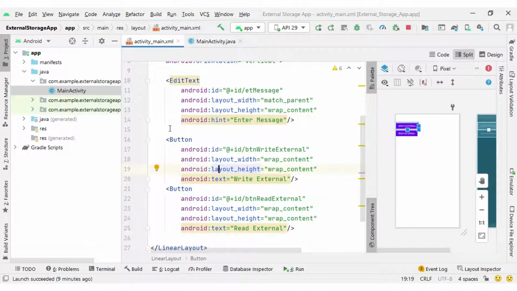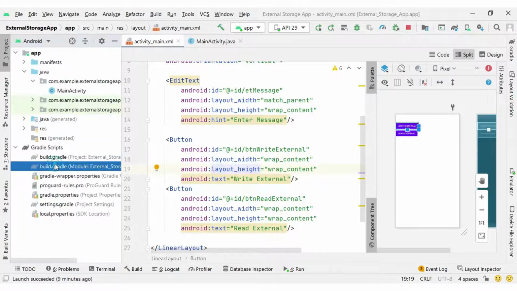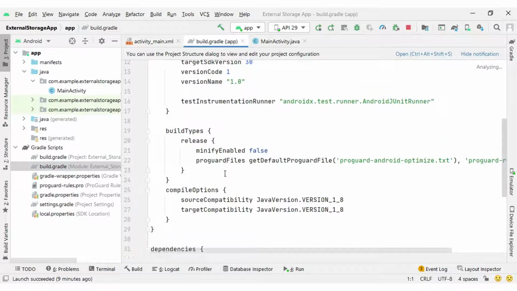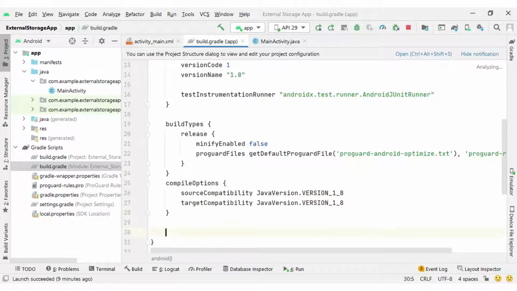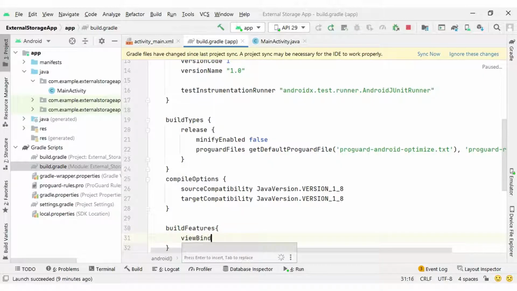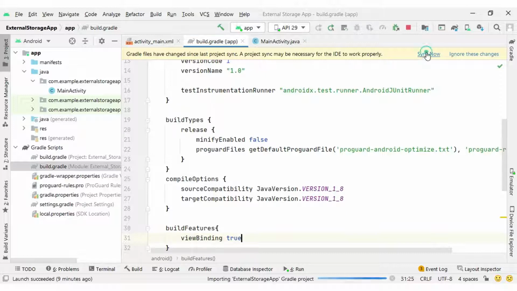Next, let me enable view binding inside our build Gradle module app file. For that we can write buildFeatures, viewBinding true. We already discussed view binding in many of our videos, so please make sure you are aware of the view binding concept, and sync now.